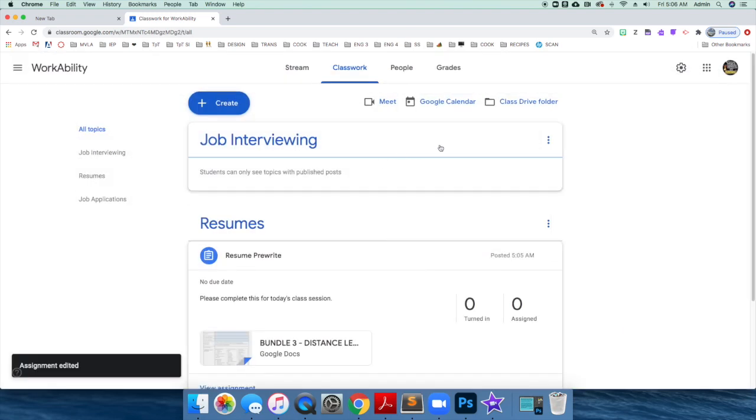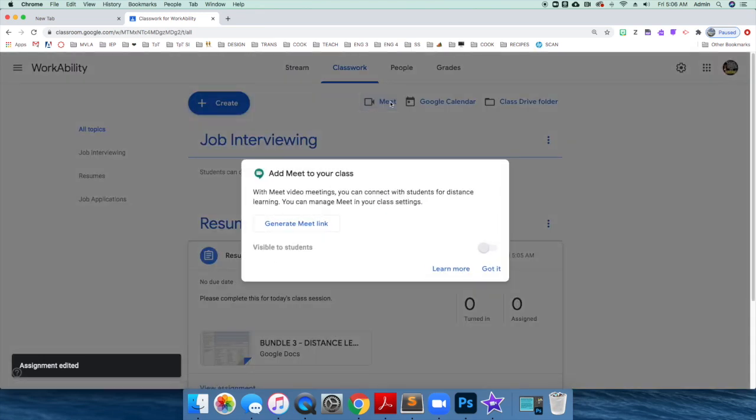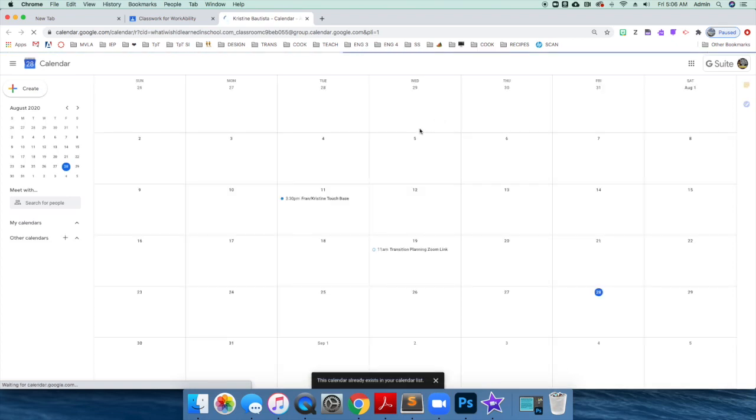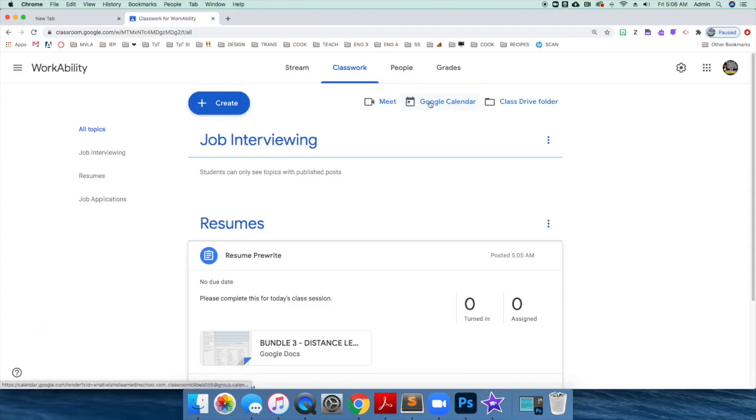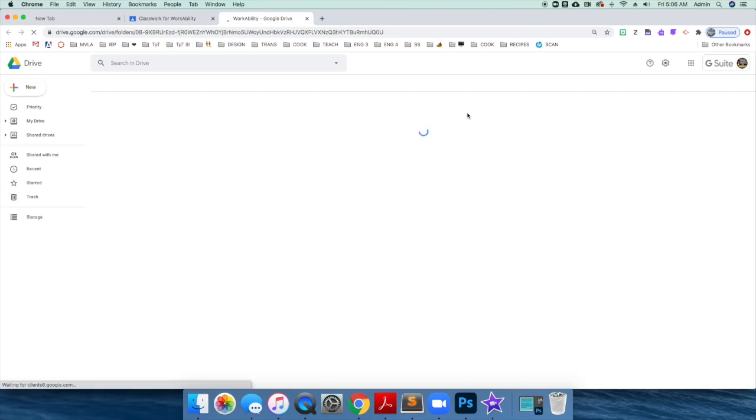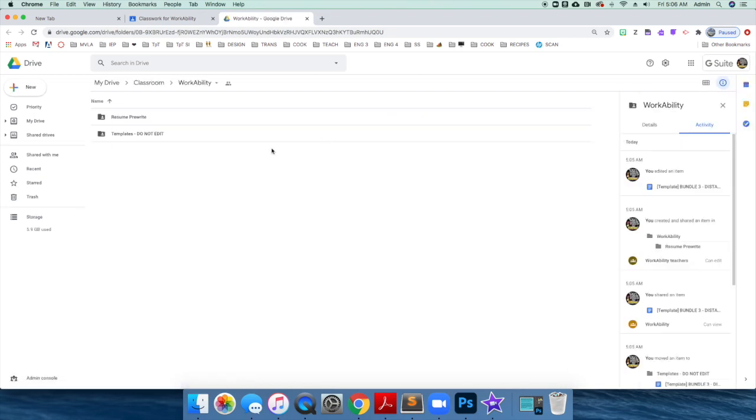Okay, other things on this classwork page is the Google Meet. Again, you can select that and you can add a Google Meet link. There's also a quick shortcut to the Google Calendar. So if you would like to add something on the Google Calendar for the class, you're able to do that. And then lastly is this class drive file, which is awesome because essentially what Google Classroom does is